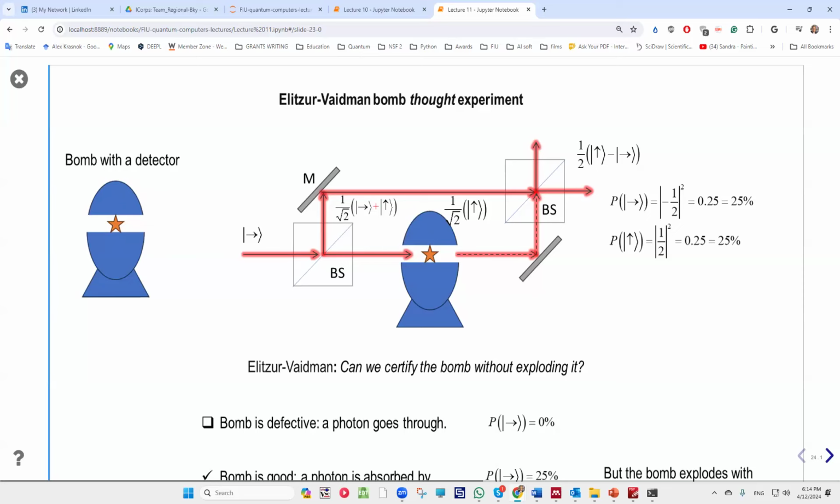In other words, we can detect something without interaction with it. We can detect whether the bomb is good or not, even without interaction with the photon. This is a very interesting fact, philosophically interesting. Anyways,